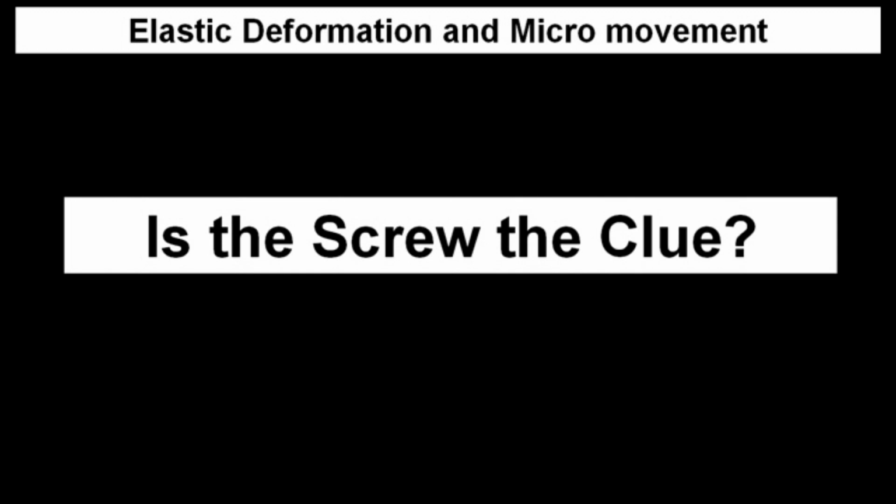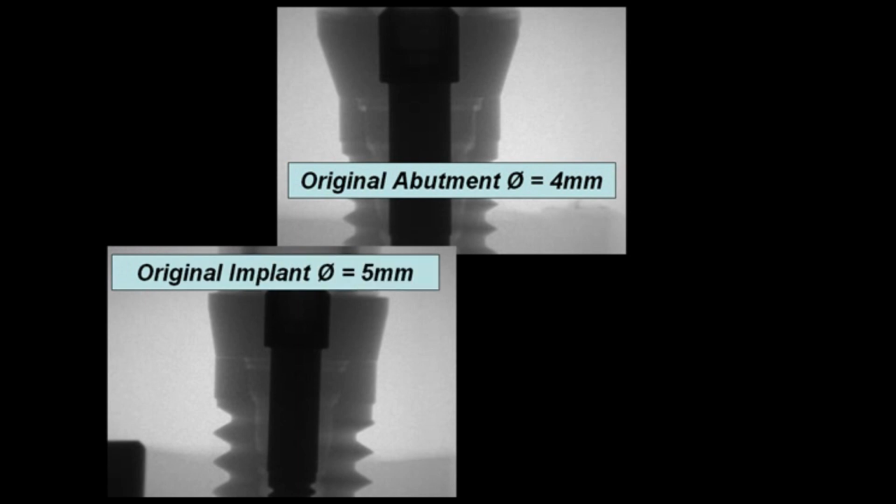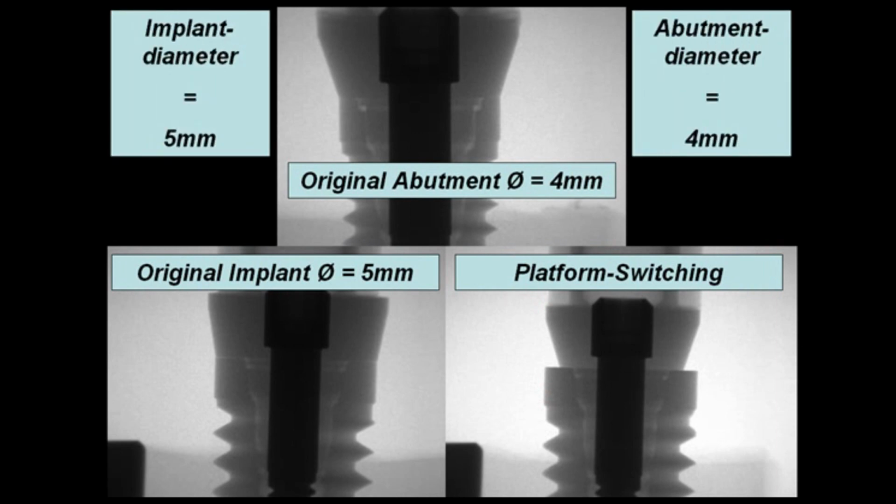There is some elastic deformation and some micro gaps. And the question is, is the screw really the clue? If we found a better binding screw, we would solve the problem. The best way to explain this problem is to look at the III implant system, an original 4mm implant in comparison to a 5mm implant. And we compare both with a platform switched situation, so we have a 5mm implant diameter with a 4mm abutment. If the screw really were the clue,